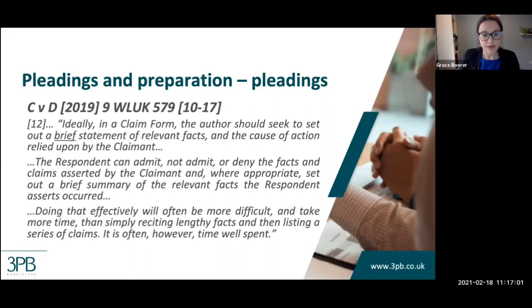It's possible in circumstances where not all of the facts are included in the pleadings to seek further particulars at a later date. And although it might be scary for either a claimant or a respondent not to include all the facts at the beginning, it can be made clear in either the claim or the response that it only sets out the key facts. And in those circumstances, a claimant or a respondent can't be criticised at a later date, for example, during witness evidence, and it also gives either side the opportunity to request further details if required.